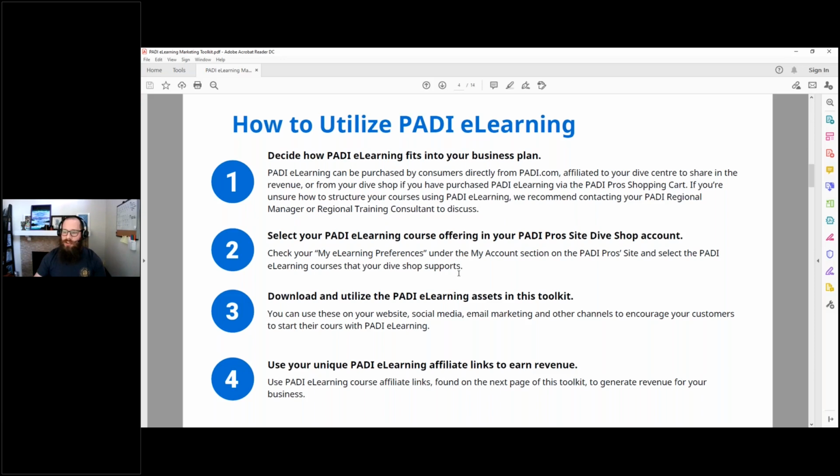The second step is to log into your Patti Pro site as your store, and in the My Account section, you're going to click the link that says My eLearning Preferences. It's way down at the bottom, one of the hyperlinks there. You're going to select the e-learning courses that your dive center offers. By default, they are all selected, so don't worry if you can't rush out there and do that right now. But if there are any particular courses that you aren't going to offer through e-learning, we want to get those updated, and that way this information will populate in the dive center locator off of Patti.com and provide the correct information